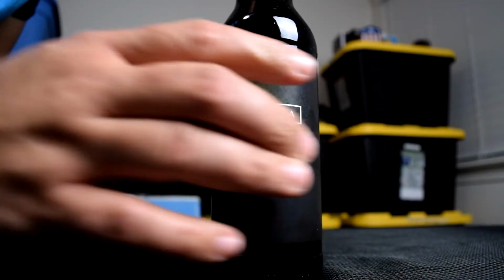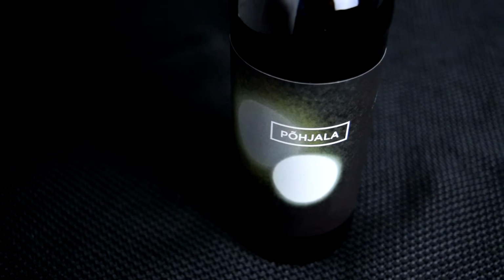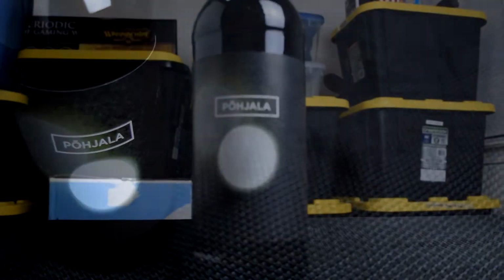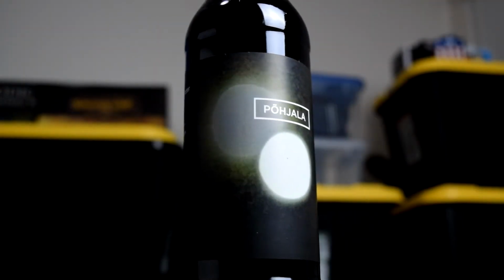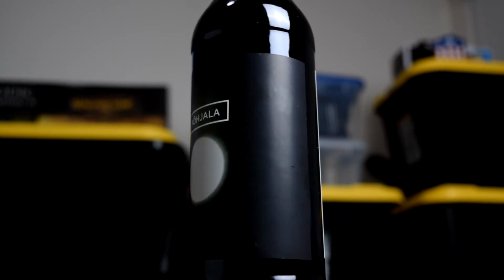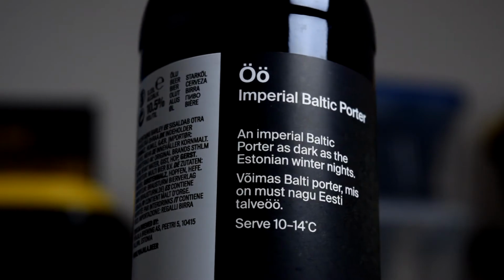So brown porters, I'm not sure if I've actually done an English porter yet. I know I've done a Schwarzbier, which was Schwartz by Heater Allen, but I don't think I've actually done a proper porter. I think it's only the Schwarzbier and maybe the Imperial Porter. I think that was Russian River's Shadow. But yeah, I don't think I've done an English porter. Oh shoot, I should do that before I try this out. But anyway,